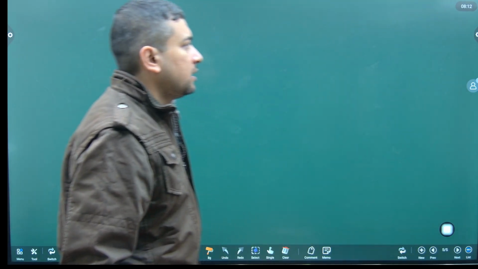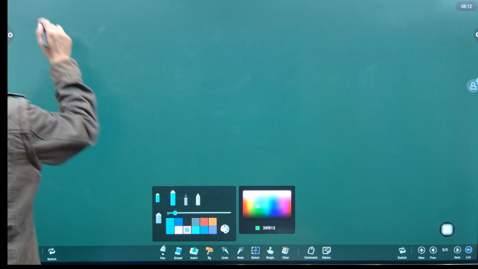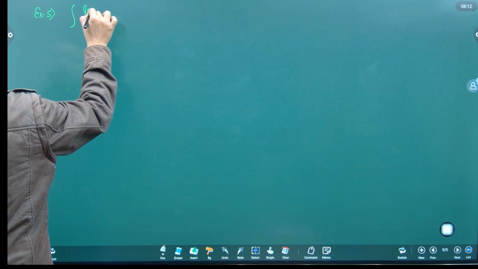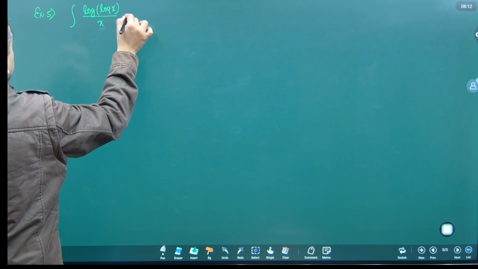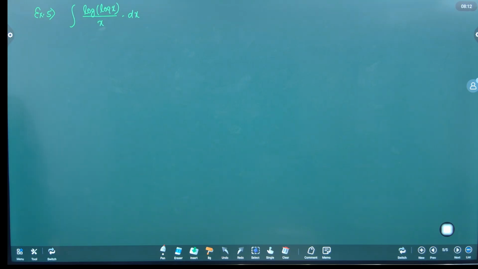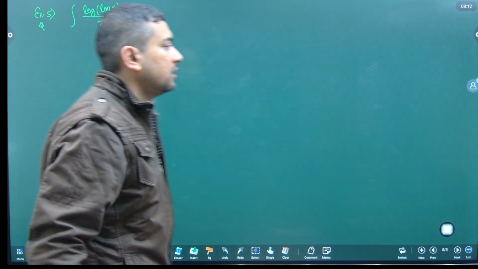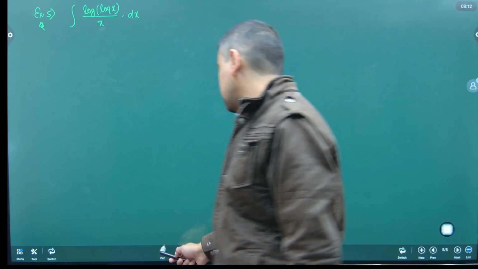Next, right? So hope you are getting this example. Next one, integral log of log x upon x dx. Integral log of log x divided by x. Right? This is also one of the important examples. Integral log of log x upon x dx. Right? So for this,